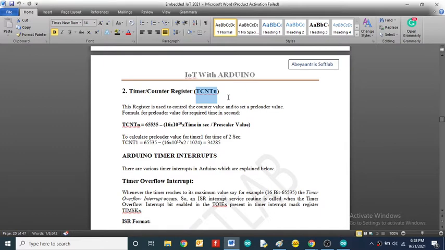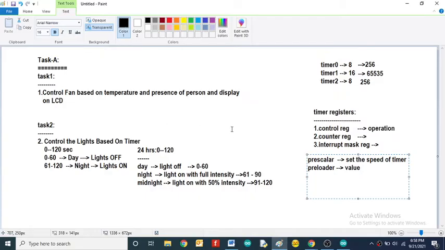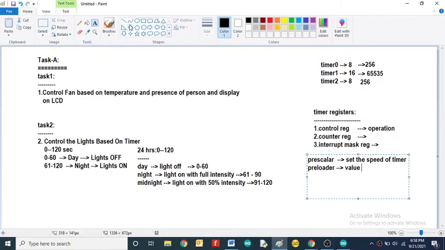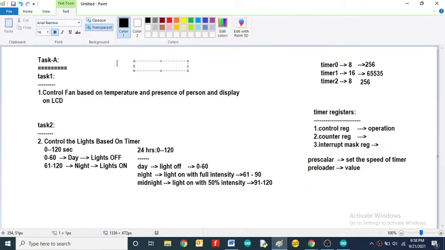Now you are going to calculate the preloader value. So this is the equation. Here we are using timer 1, right? So simply I will write it here. This is the calculation of the preloader value.